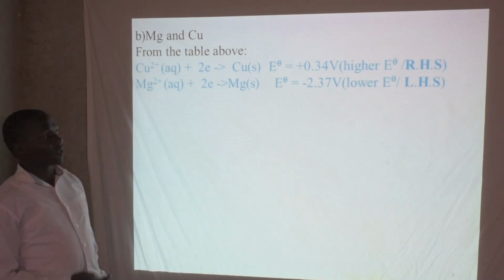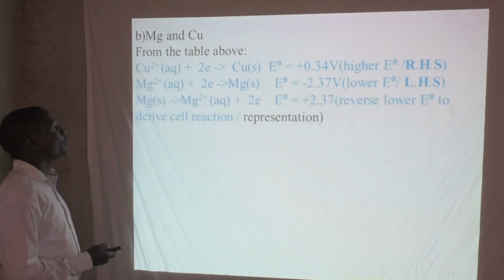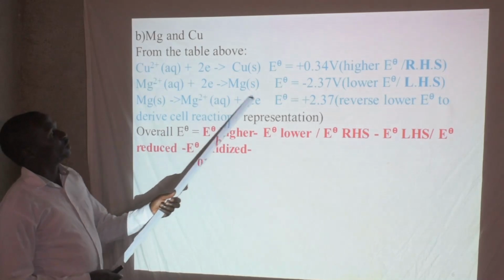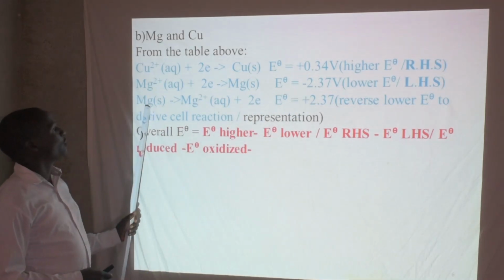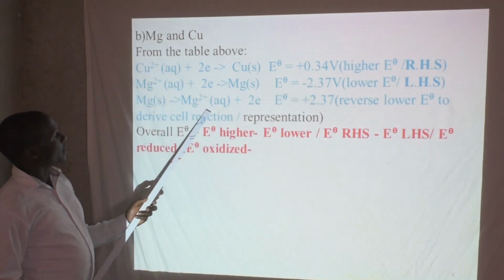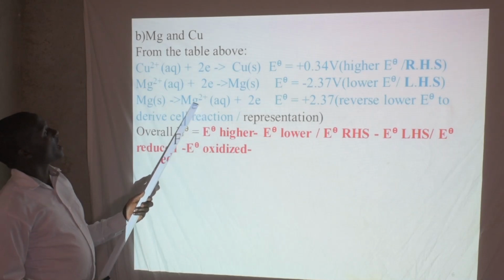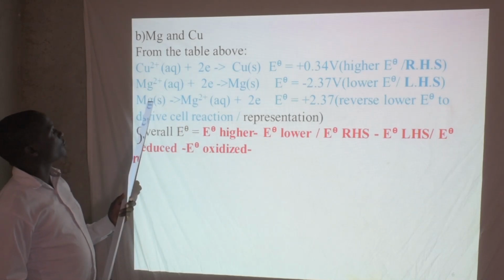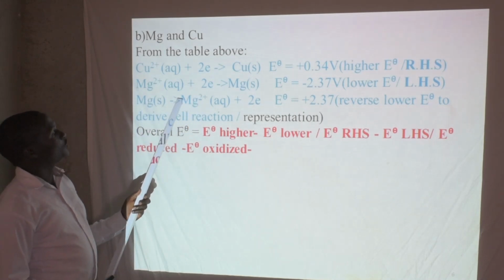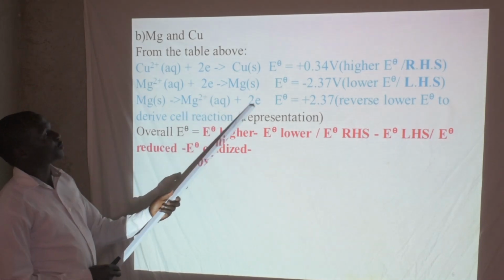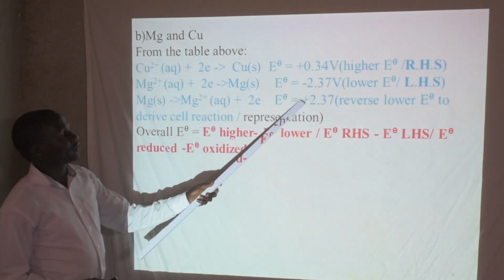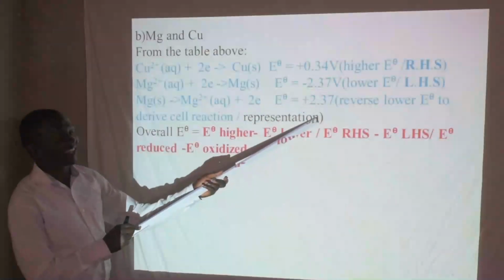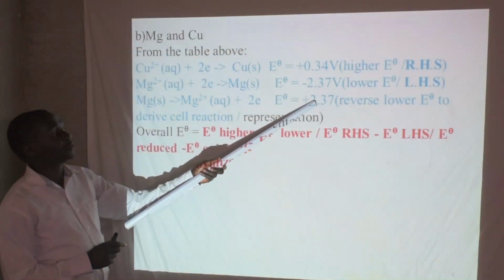2.37. The other one is on the lower side, so you have to reverse this to look like this. So we have magnesium metal actually losing the electrons to become magnesium ions plus 2 electrons. And then you also reverse the sign here. If you do using this method, you are directly